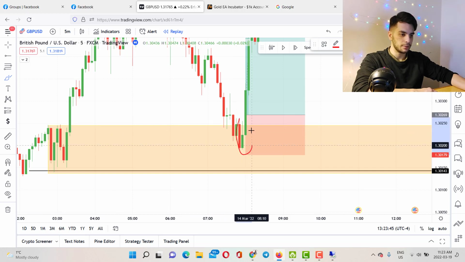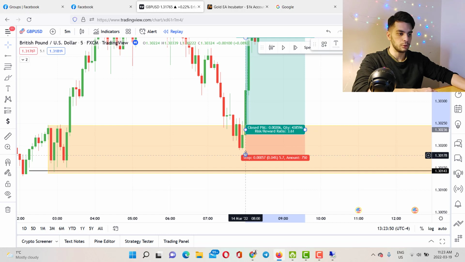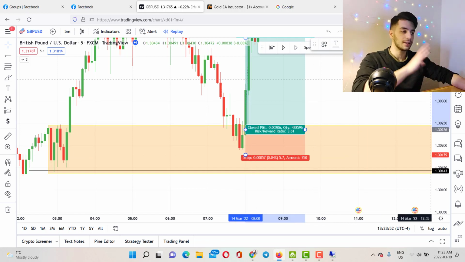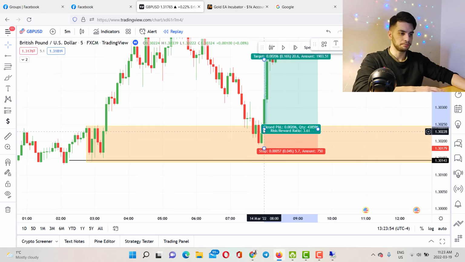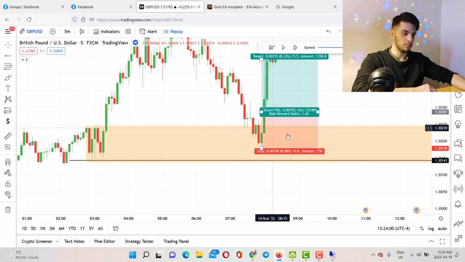This one is a really good momentum. So I could also take it right here and put my stop loss here. It would be a great risk to reward ratio trade, but let's say that you want to be super conservative, you don't want to take it here, you want to take it somewhere around here because you have a strong bullish engulfing candle and you put your stop loss here, but